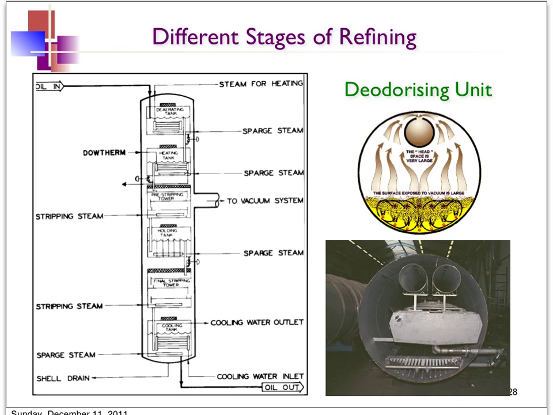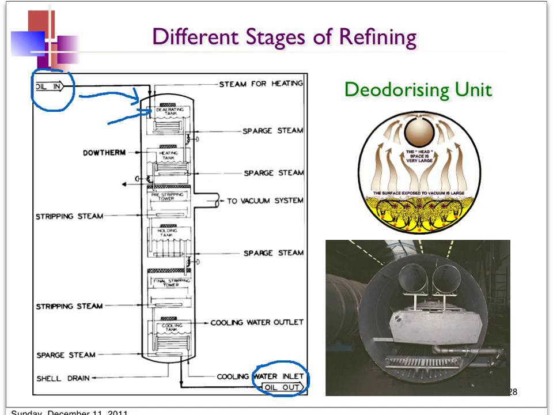So basically the oil comes from the top into the column, and will go through several stages of stripping of the volatiles when it comes into intimate contact with the steam, and finally it will come out here as the deodorized oil. So the top part here is the aerating tank, where the air in the oil will be removed. The aeration process removes the air, so that it will reduce the oxidation of the oil during the deodorization